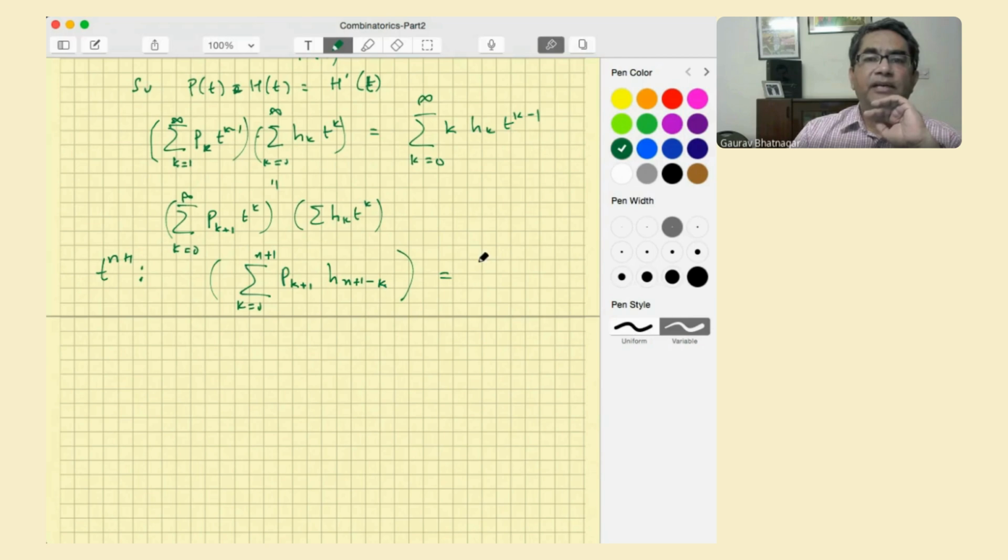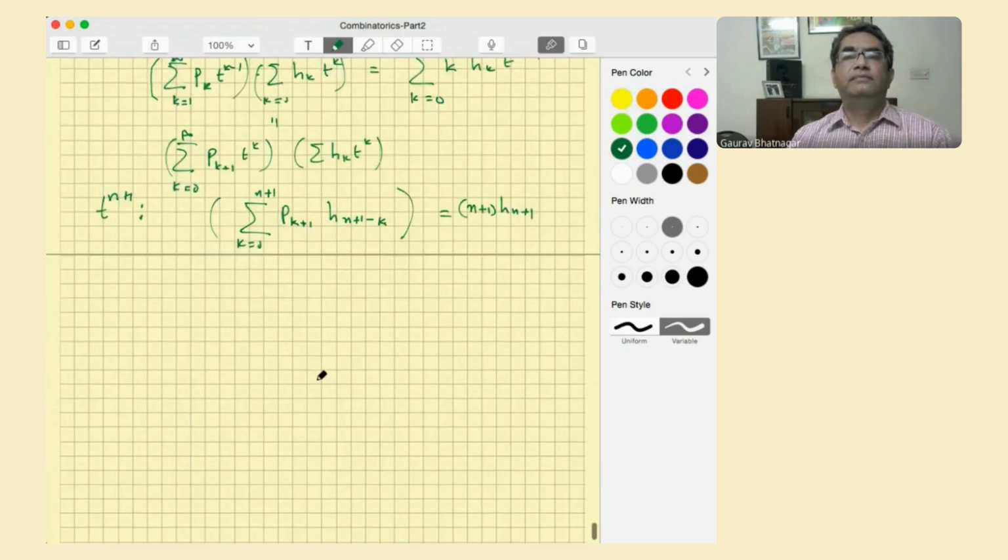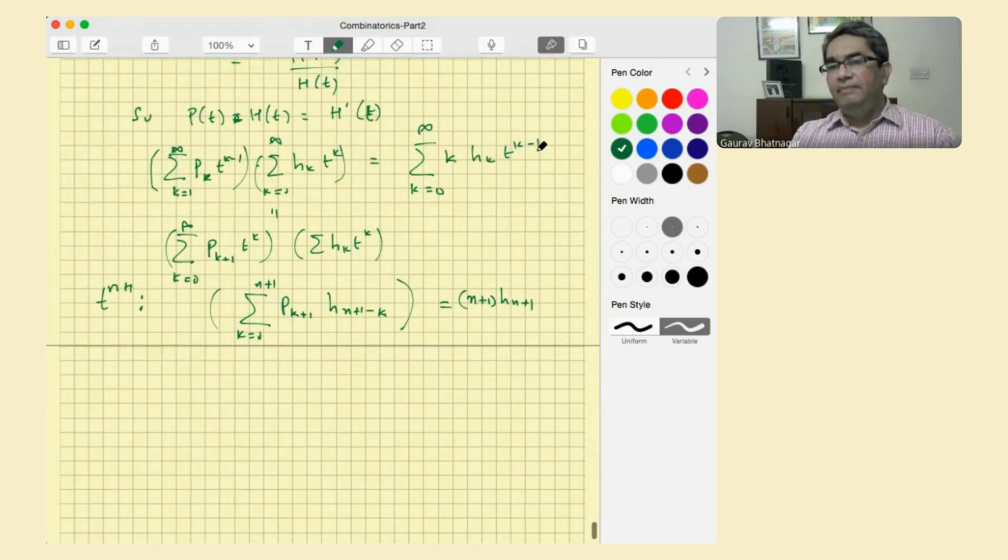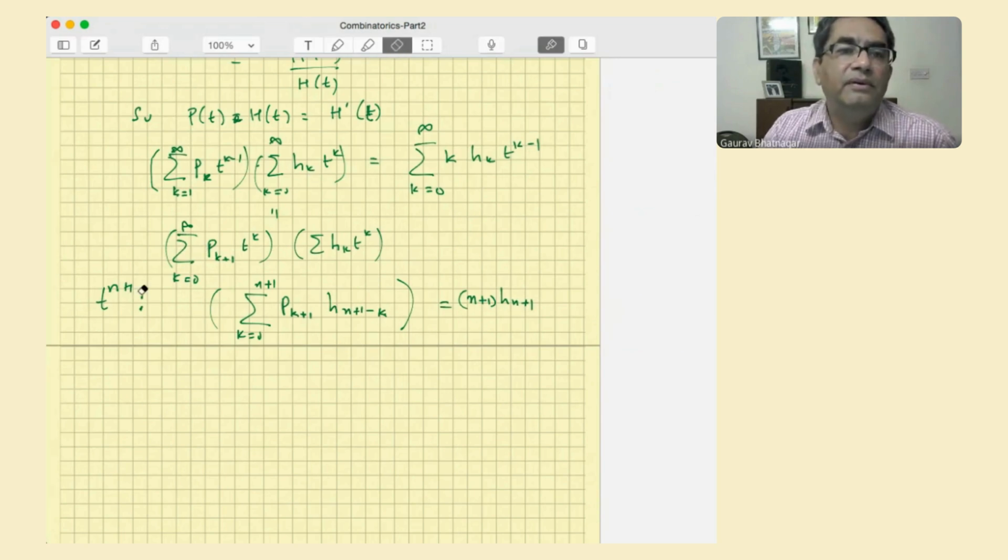From this side you get this, and from this side you get (n+1) h(n+1). Okay, because this is k minus 1, so if you're taking t raised to n, it's t raised to n actually. So then if it's t raised to n, then this is,